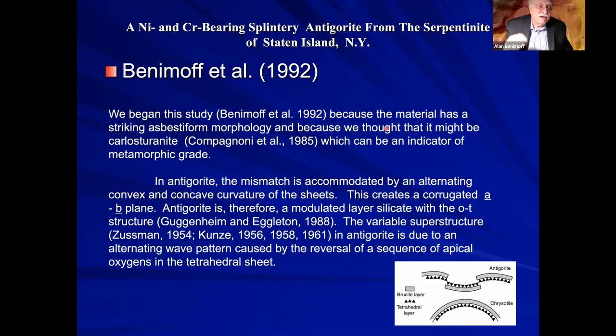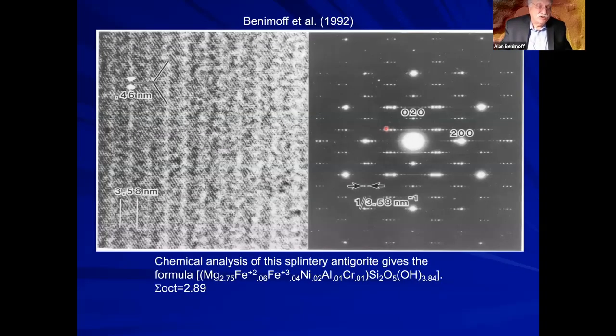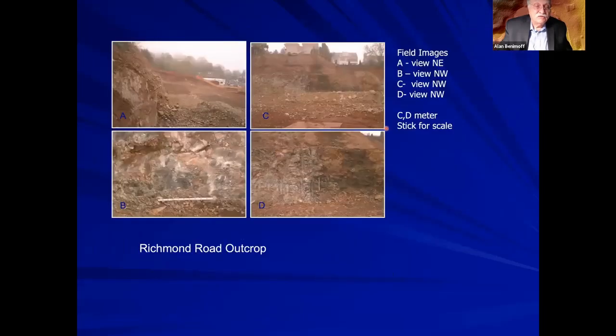We thought it might be something called colosturinite, which was first reported in '85, but it wasn't. So it's an antigorite, and we did some HRTEM work on this, and here's what the formula comes down to. Then I always look around Staten Island for new outcrops, and one day they were opening